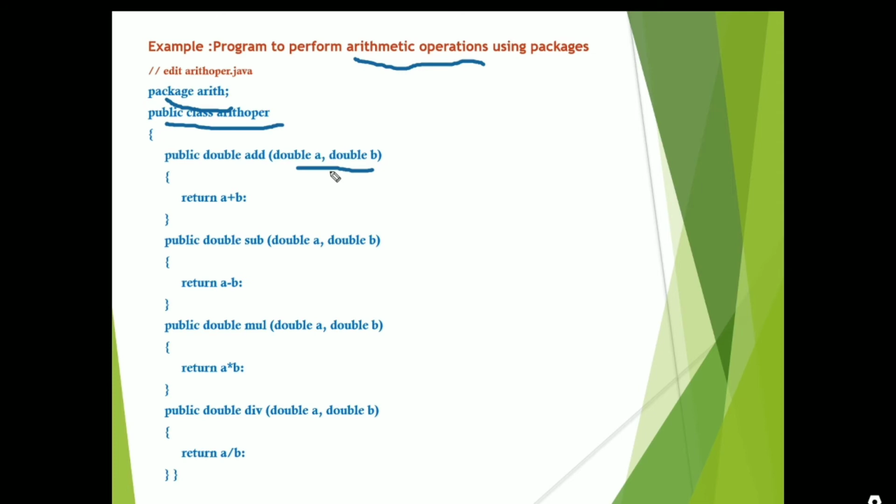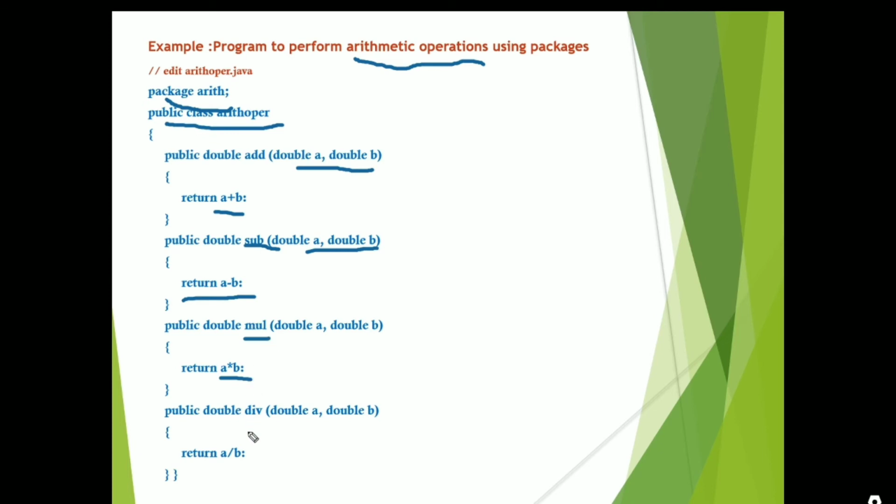When we pass the two variables to the add method, it returns a plus b. When we pass a and b to the sub method, it returns a minus b. When we pass the double variables a and b to the mul method, it multiplies a with b and returns the result to where we called.